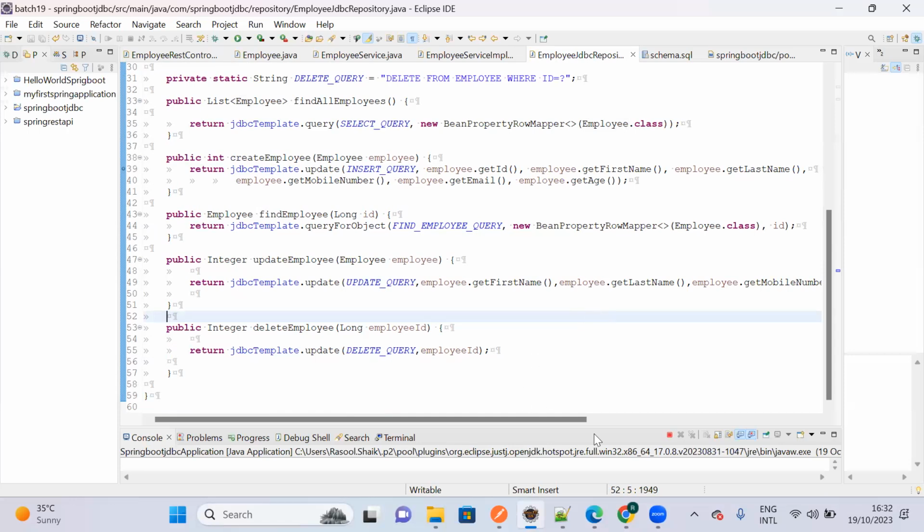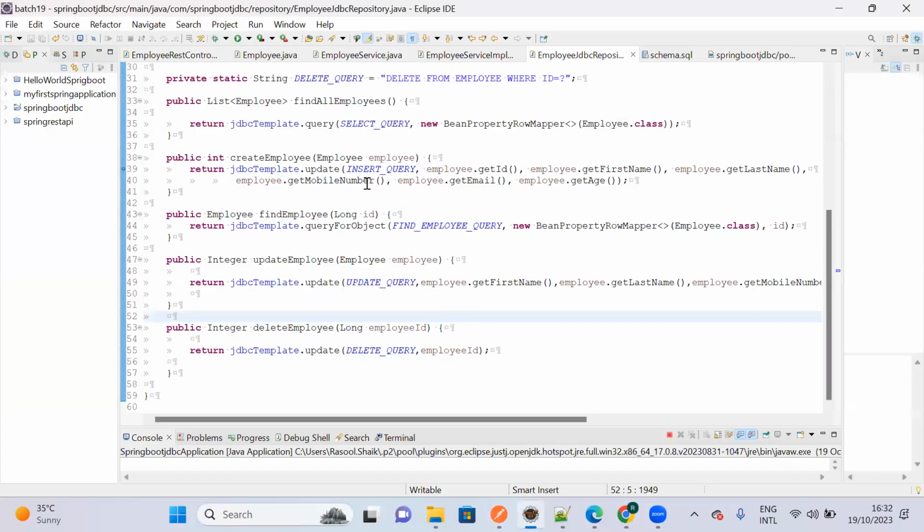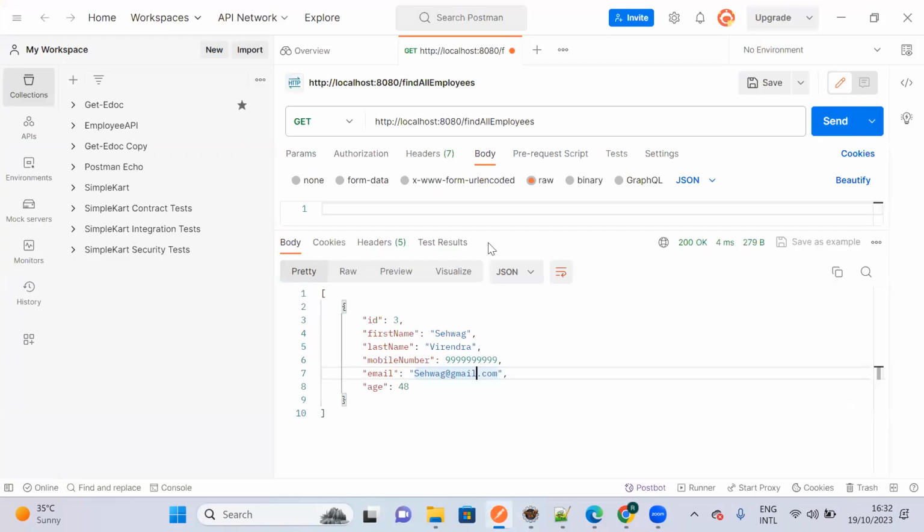Now let me go to Postman. So here find all employees. Let me find any one employee, guys. Let me find one more employee. So how can we find the employee? Find with the find employee API. So let me call find employee. What you need to pass? It should be a get method, and I am going to pass